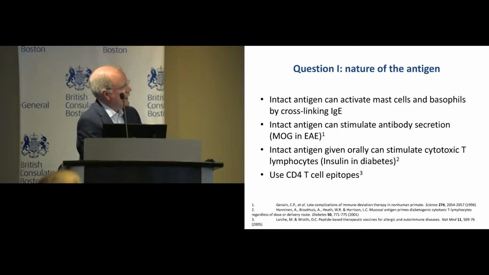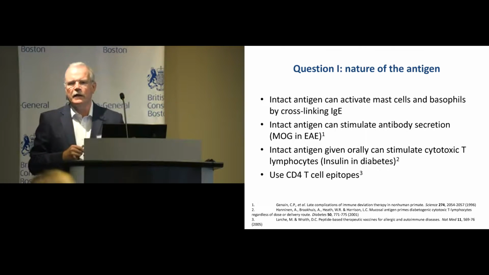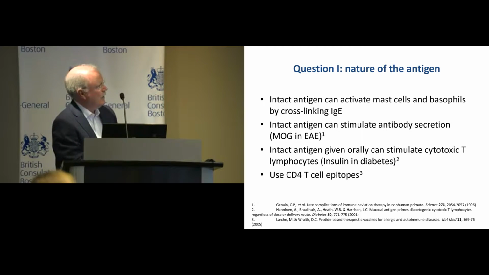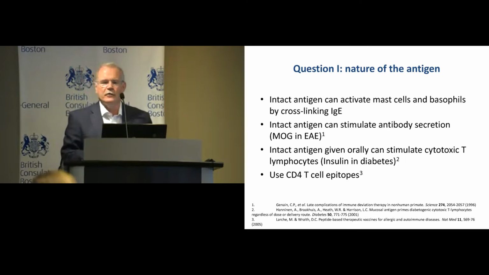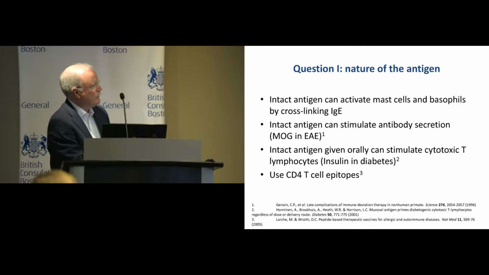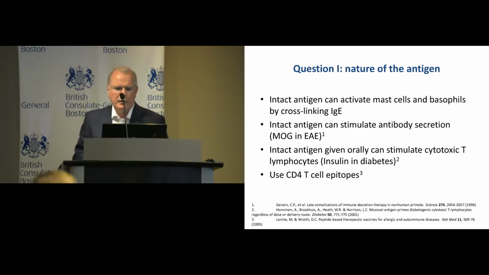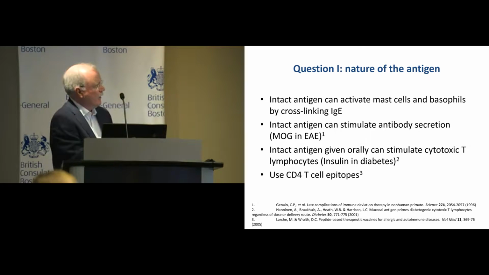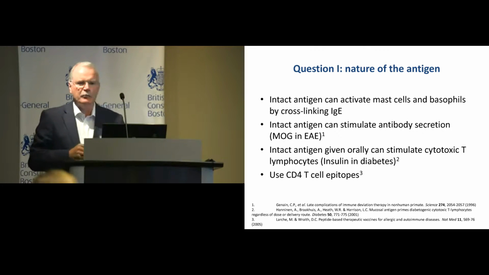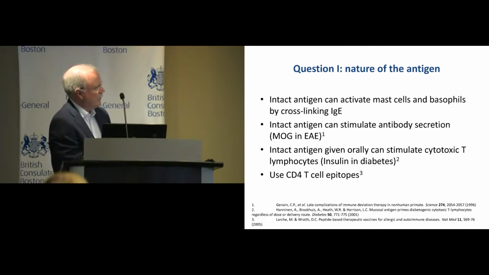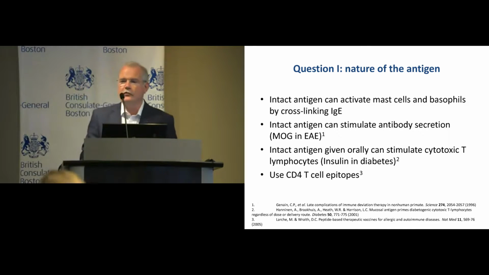Of course, intact antigens can cross-link IgE, hence potentially causing anaphylaxis. They can stimulate generation of antibodies. Claude Chenain, some years ago, showed that treating a primate model of multiple sclerosis with the protein myelin oligodendrocyte glycoprotein led to an enhancement of disease through the induction of antibodies. And Len Harrison and his group showed that oral administration of intact antigen could potentially